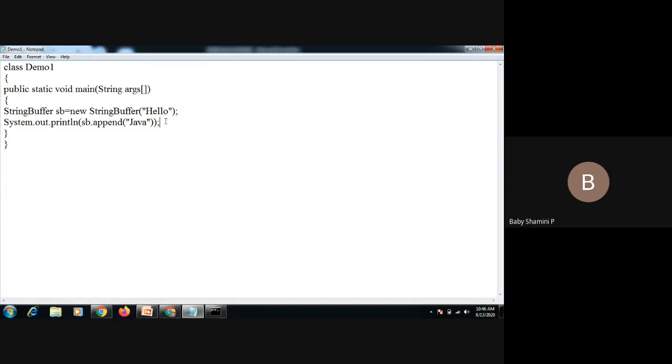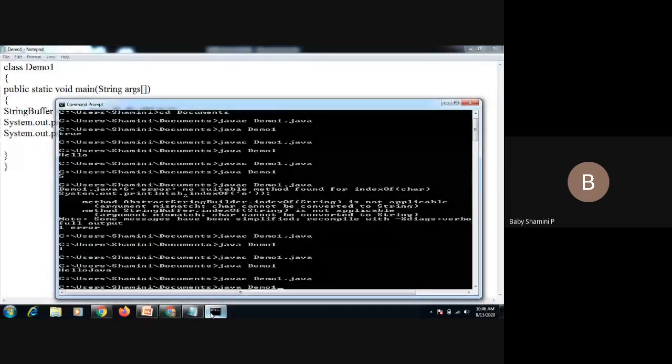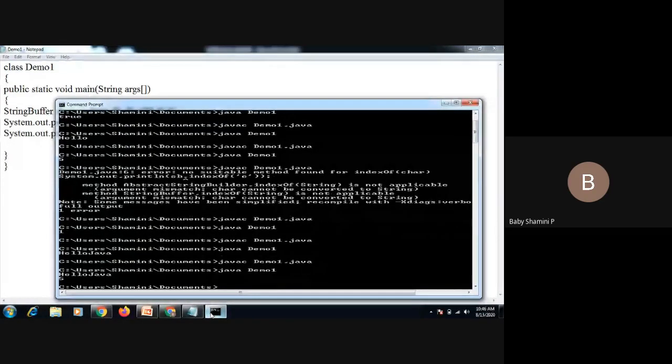If you want to perform the indexOf operation, we have to give a particular character and it will display the index value for that character, indexOf J. So indexOf J is 5.